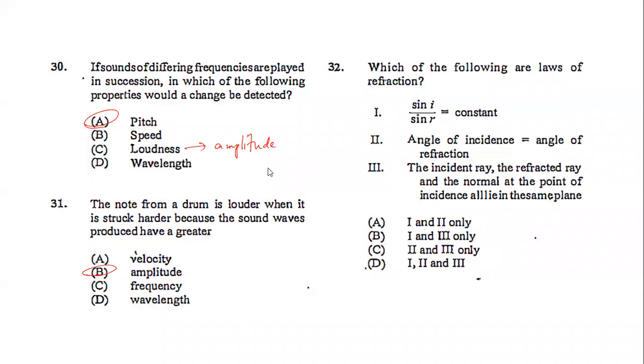Question 32. It asks us here, which of the following laws about refraction, and please note here it is refraction and not reflection, right? So refraction is true. So we know indeed that sine I over sine R is a constant. We call that Snell's constant. Is the angle of incidence equal to angle of refraction? No, that is not true. And the incident ray, refracted ray, and the normal at the point of incidence all lie in the same plane. So that is indeed true also. So it is 1 and 3 only, which is